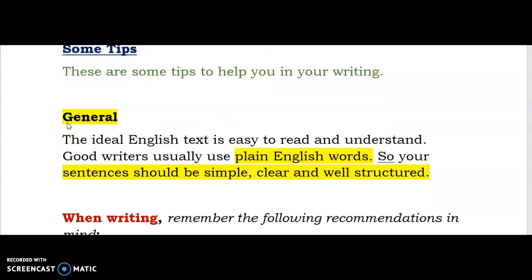The first one is the general information about it. For example, how you can make your writing look understandable and intelligent to the readers. So the ideal English text is easy to read and understand. This is one important point. The other thing you have to be clear about is that you have to use plain English words,